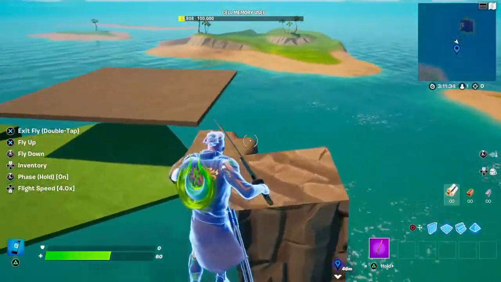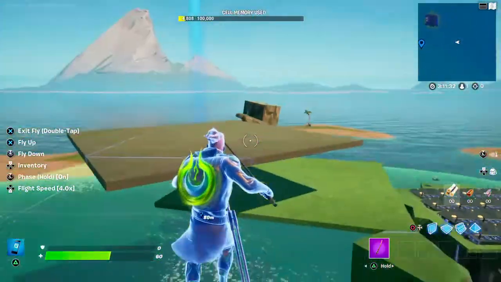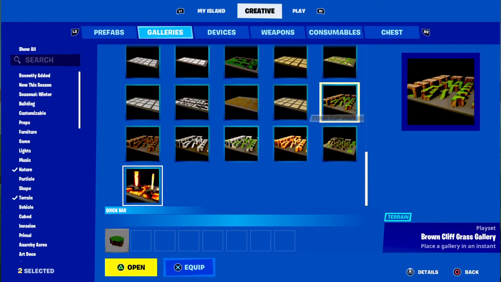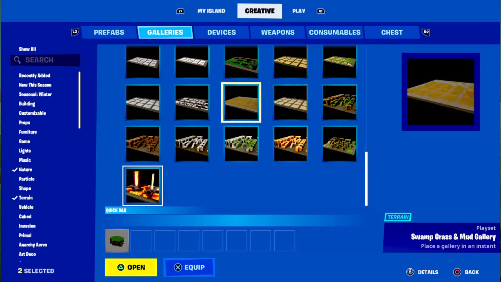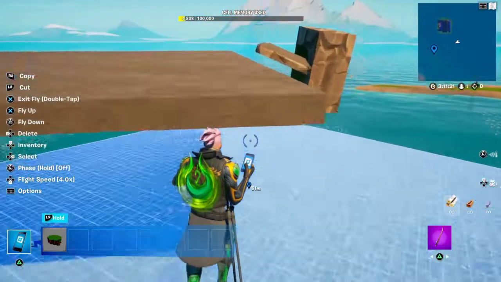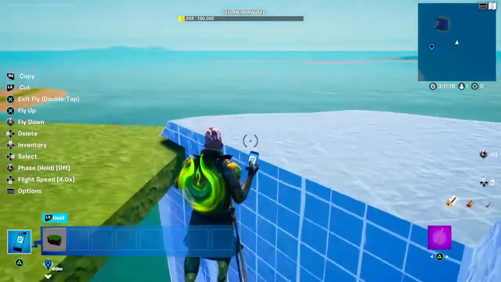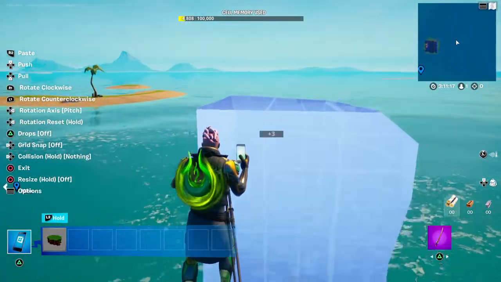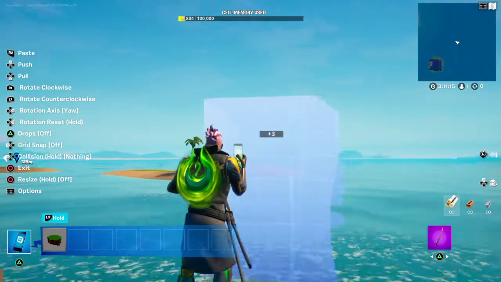So you can all be found in the terrain gallery. You can find these in the Brown Cliff Grass Gallery and the Brown Cliff Cave Gallery. So first you want to take this piece and then you want to line it up